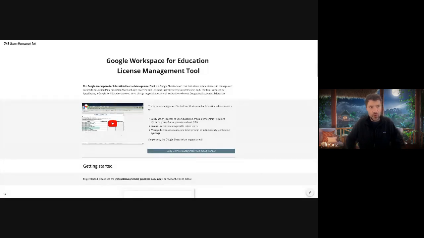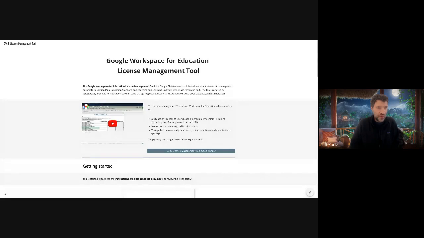So we've heard some feedback around licensing, right? As you've seen, you have a number of options, and they don't always work for everyone. Some folks are not using GCDS. Some folks are not using GAM. We know that the admin console has limitations as to how it licenses users. And so